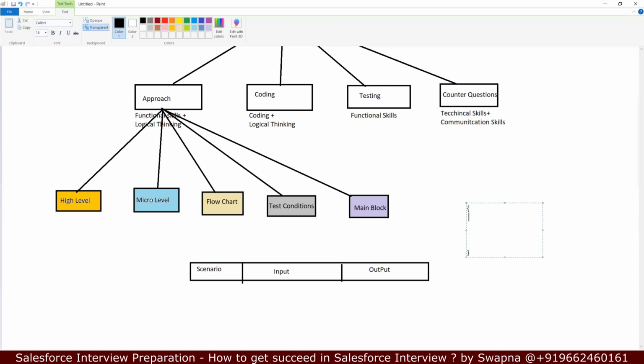Just write the blocks. Method one, open and close. Do not write any logic. And I also need method two, so give a structure to that. Or I need a wrapper method. Write a wrapper method and give a structure to that. Create the skeleton structure of your approach.